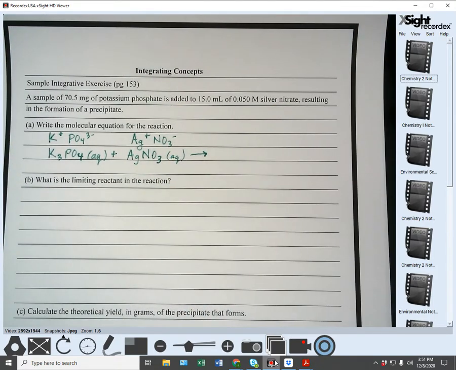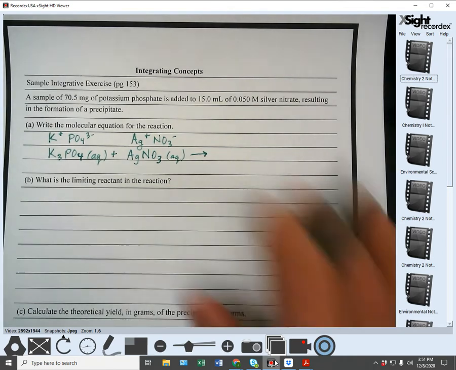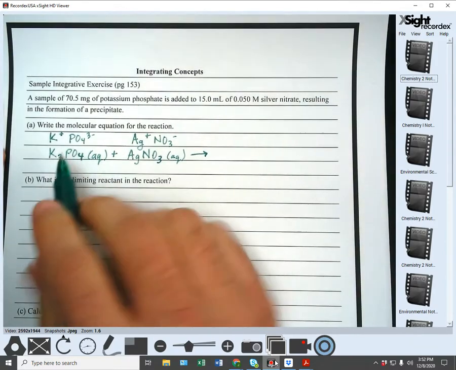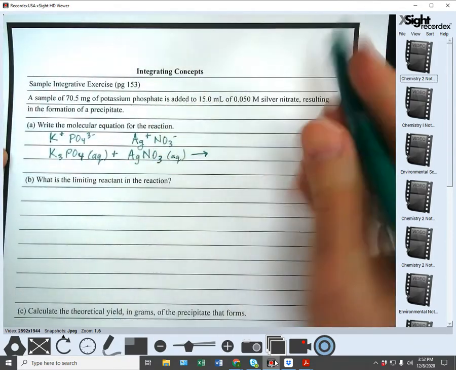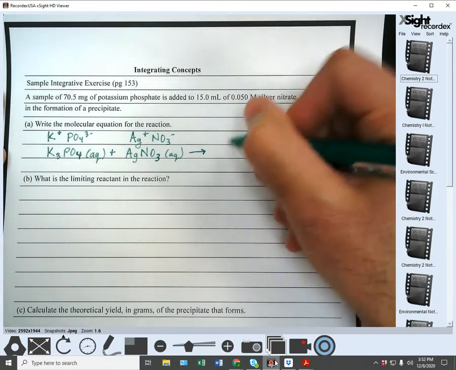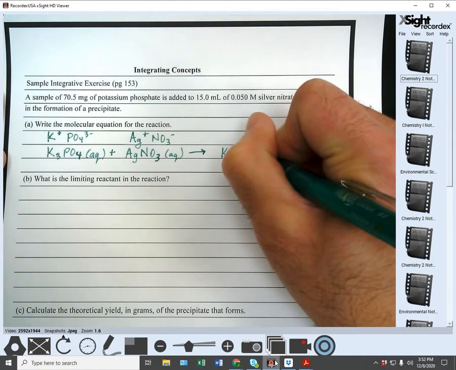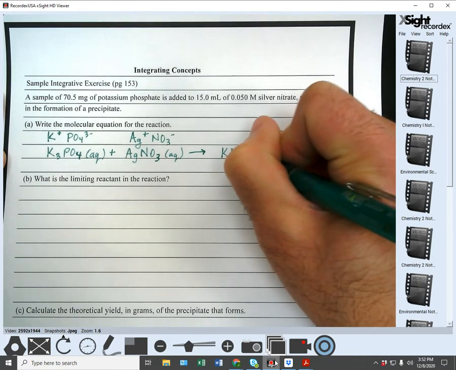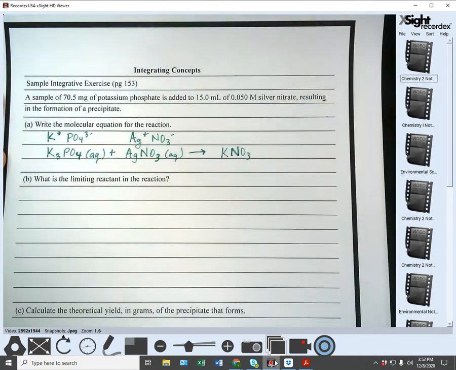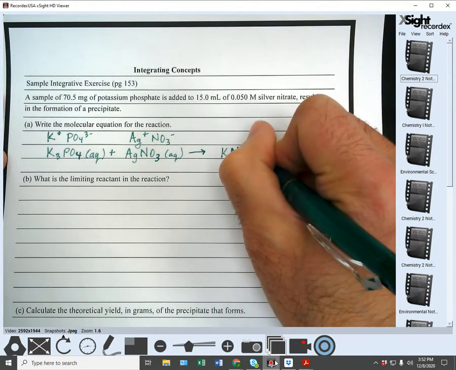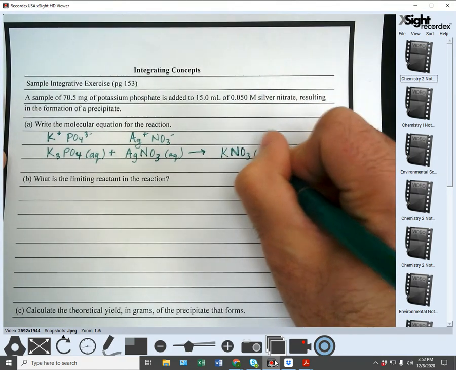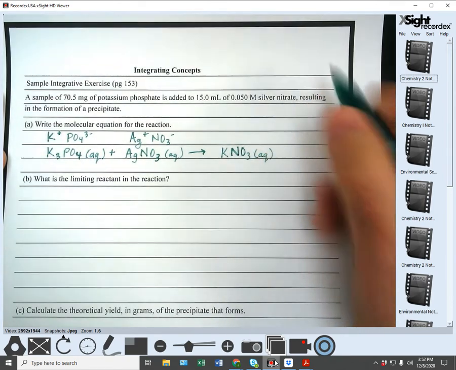Okay, now this is a double replacement type deal, right? So we're going to take the K with the NO3. So we're going to end up with KNO3. That's +1 and -1, so it's just KNO3. And again, like I said, you could check your solubility table. I know from that table that all nitrates are aqueous, so this will be aqueous. Okay, plus